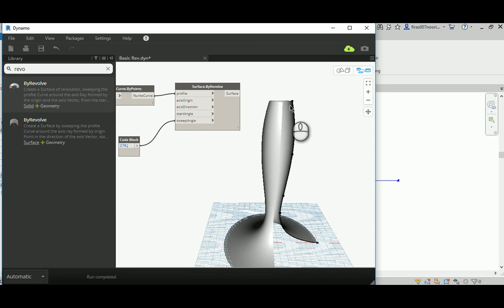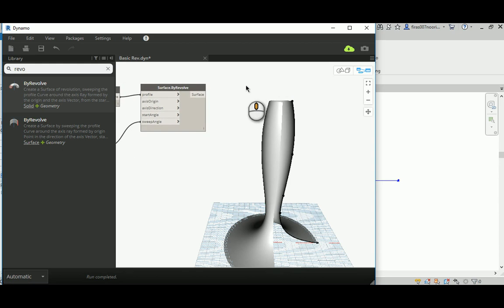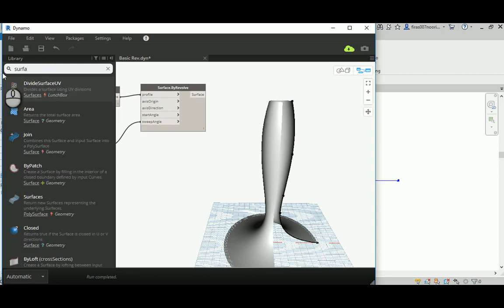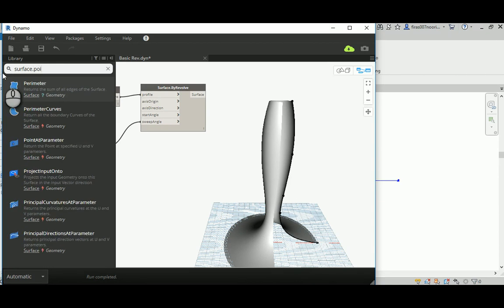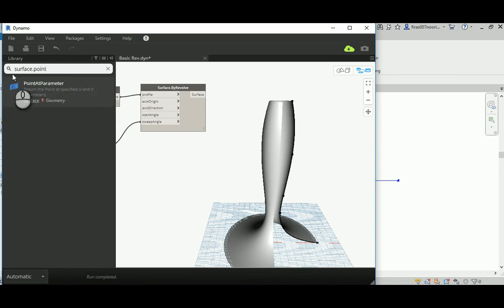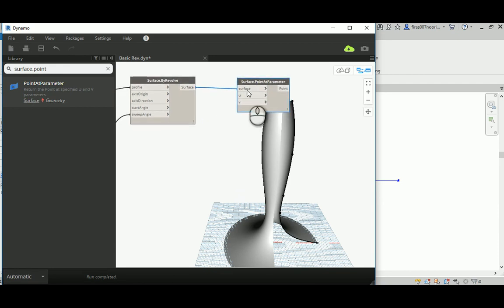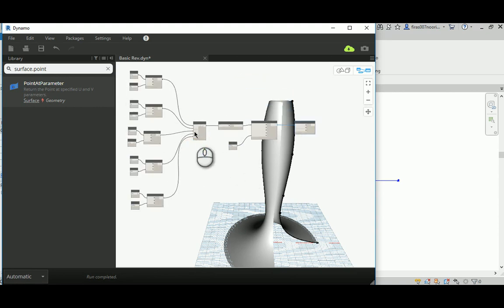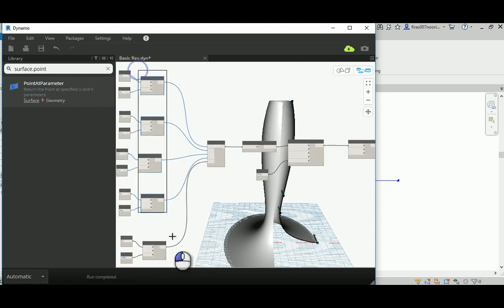Anyway, so that's really a point to be considered. So if I go to Surface Point at Parameter, and I connect that surface, let's have a look at what we can have, for example, explaining this for you. So instead of just giving this a value, of course I might need to select those,